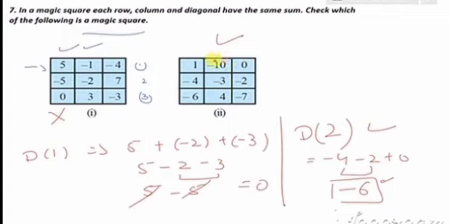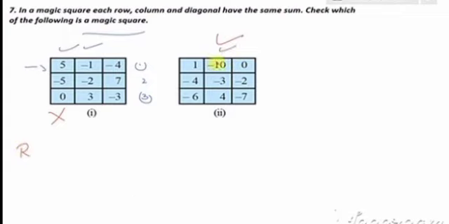And similarly you can check it for the second. Now we are going to check it for the second square. Now first, row 1 is 1 plus minus 10, that is minus 10, and plus 1 and minus 10, that will be equal to minus 9. Negative of 9 you will get because the greater number is with the negative sign.